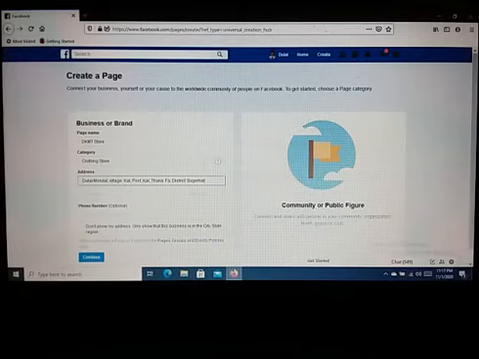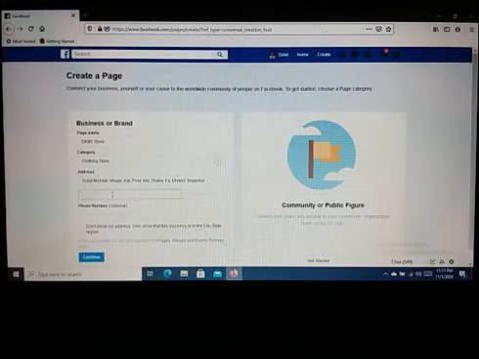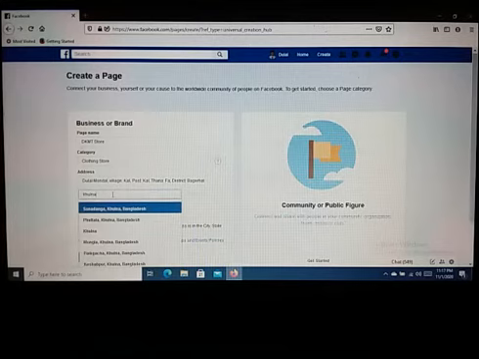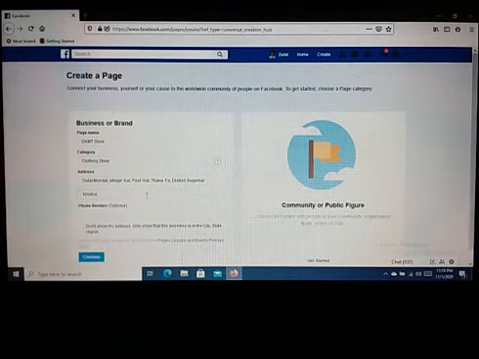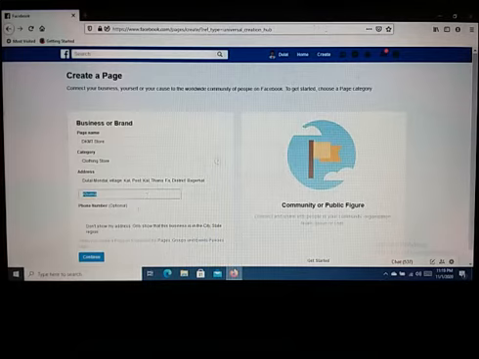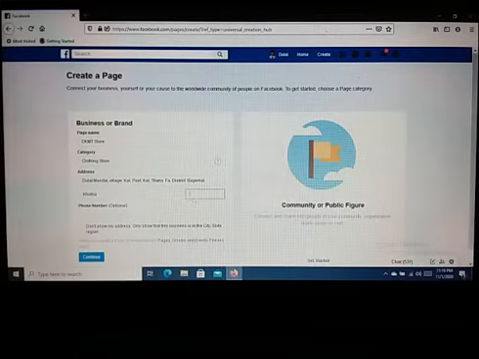Next you will have to write the name of your city. From here you will have to select your city. Now I have clicked on Khulna. Now go to the right side, then you will see zip code. Now in the box write the zip code.